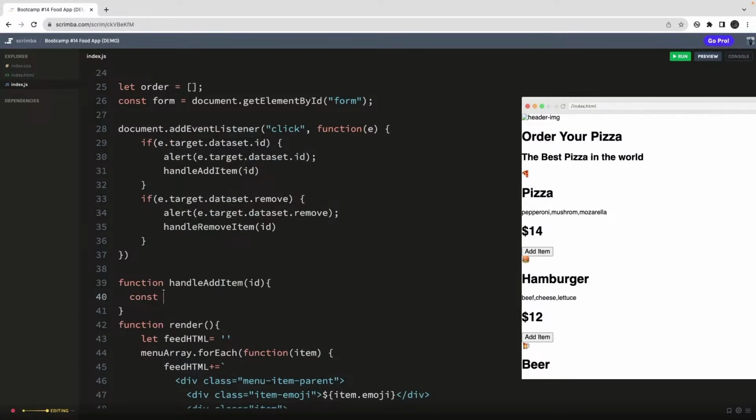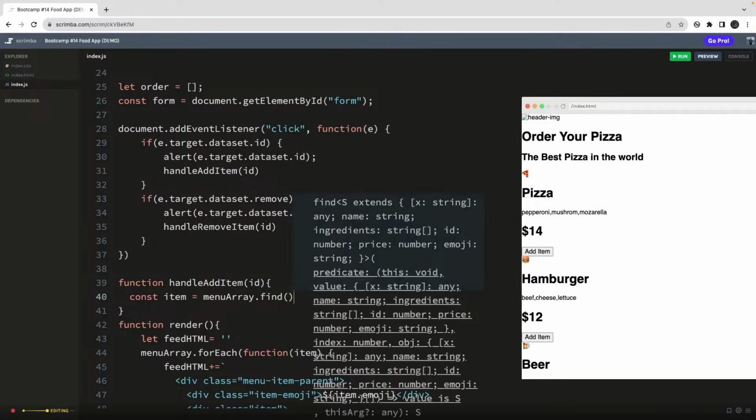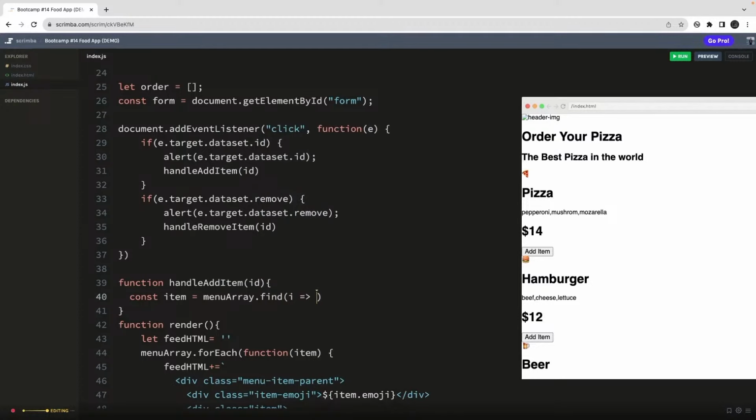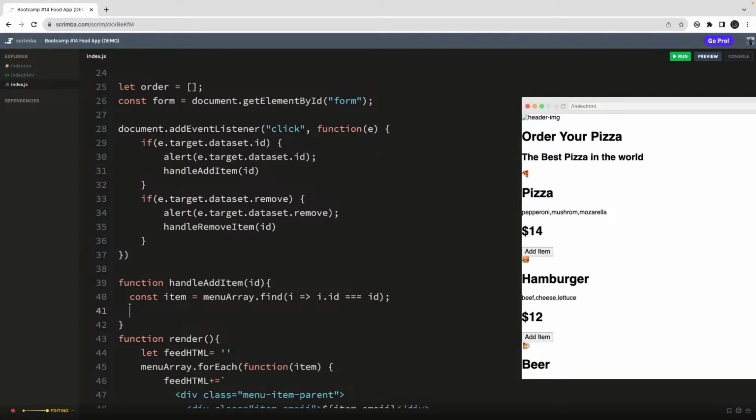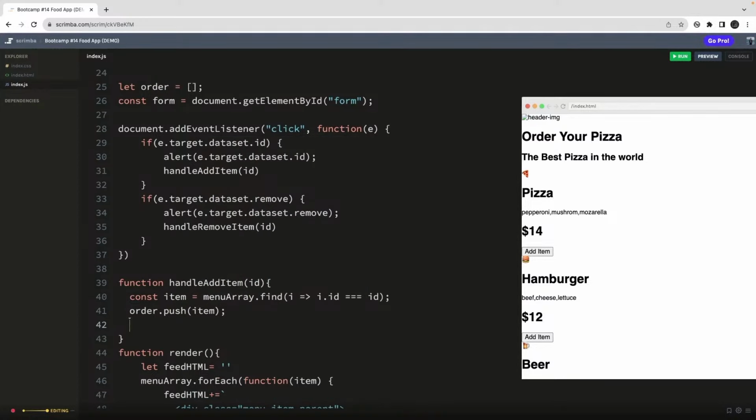Okay, const item equal to menuArray.find. Find will give you the object which you are looking for. So here we are looking for item.id to be equal to the id which we are getting. So you got the item, and then you will have an order. Order array is empty right now. You can just do order.push, and you just push the item. Sometimes if you want to avoid the duplicates, that's fine. Otherwise you just push it, and then